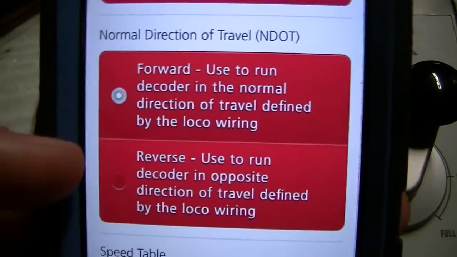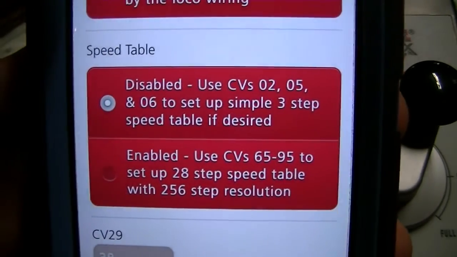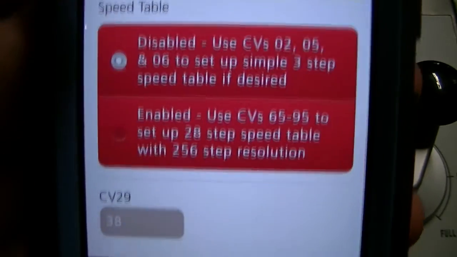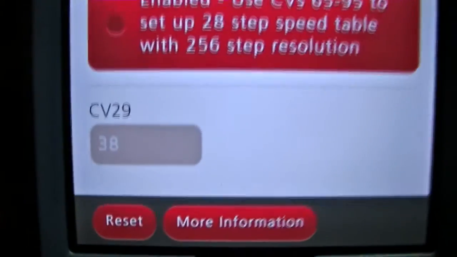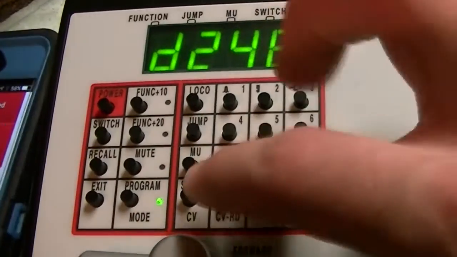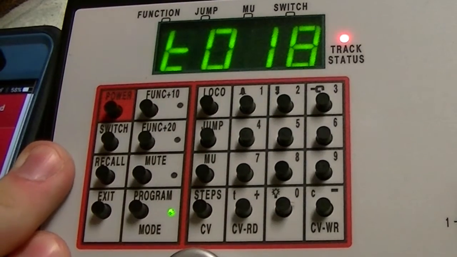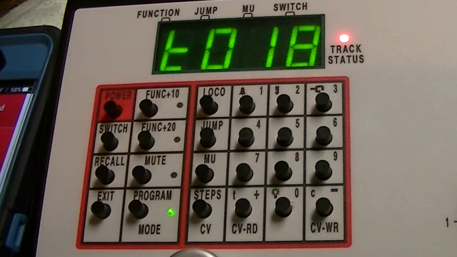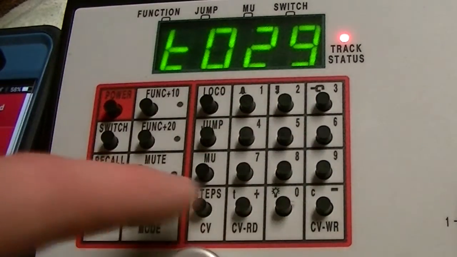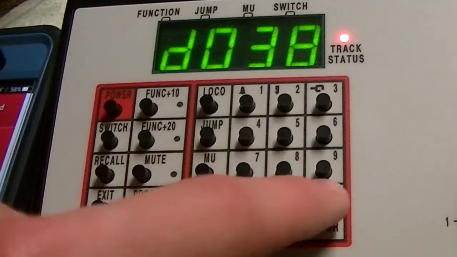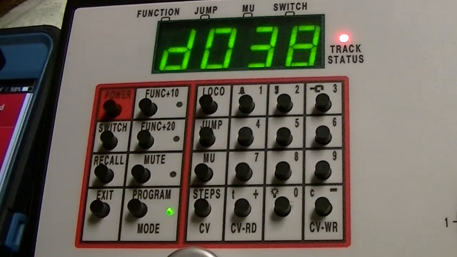Direction of travel, forward, that's the way the decoder's wired. Speed table, something else you can mess with. If you go to the very bottom, if you change it, you'll see it just updates. But we're looking at CV29 is going to be the value of 38. Usually that's pretty standard. I know both my other locomotives, I believe, are CV 38 for that. So we're going to hit CV29, CV again, and we're going to do 38, and we're going to write that. So we can go back 29 and read 38,